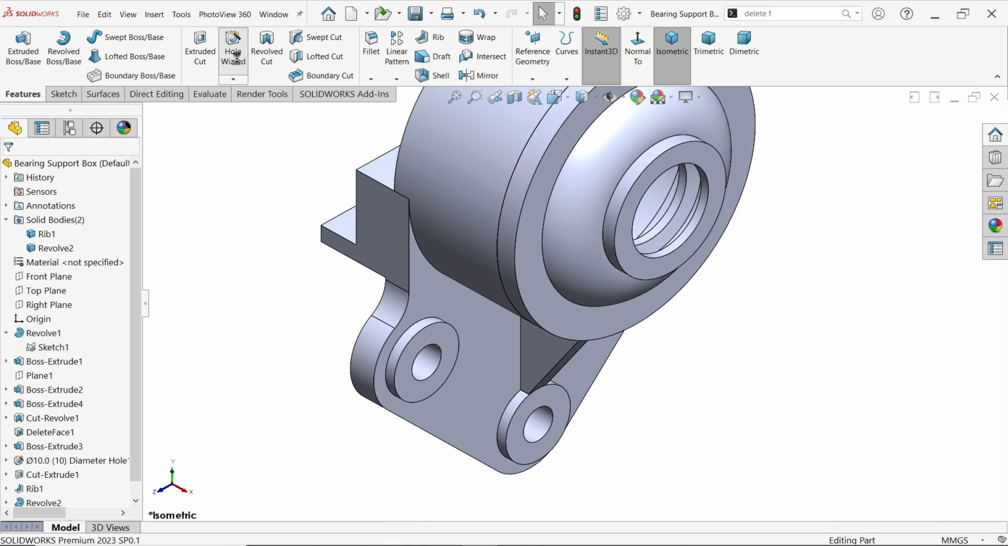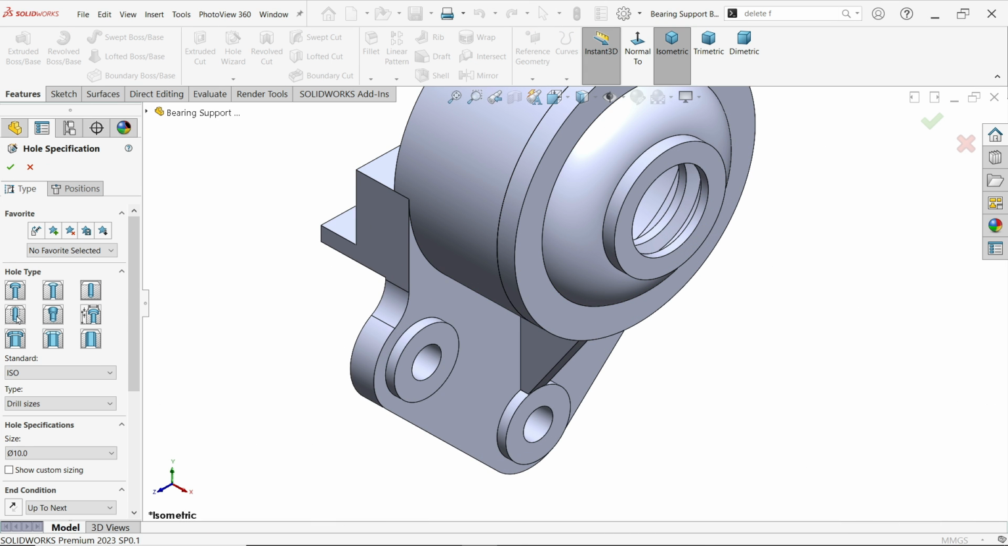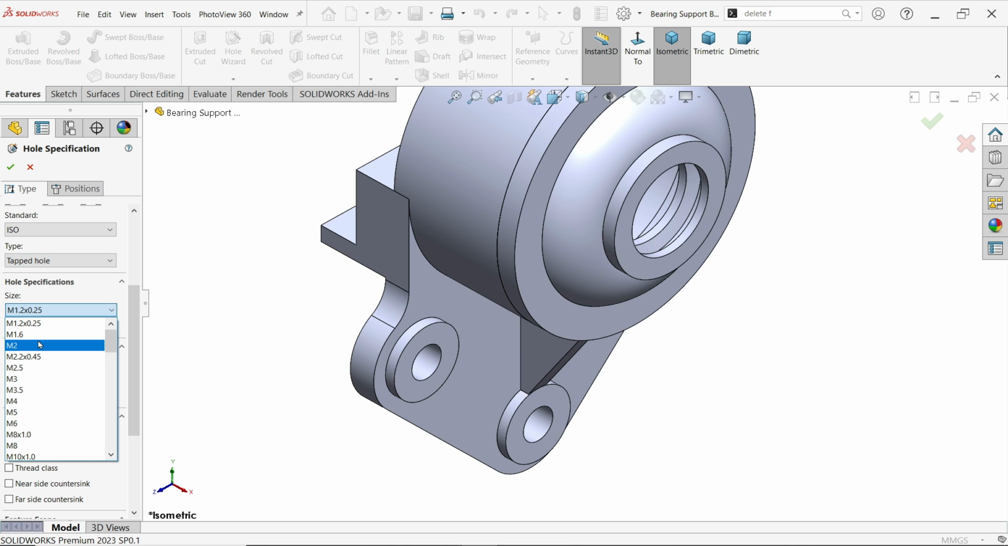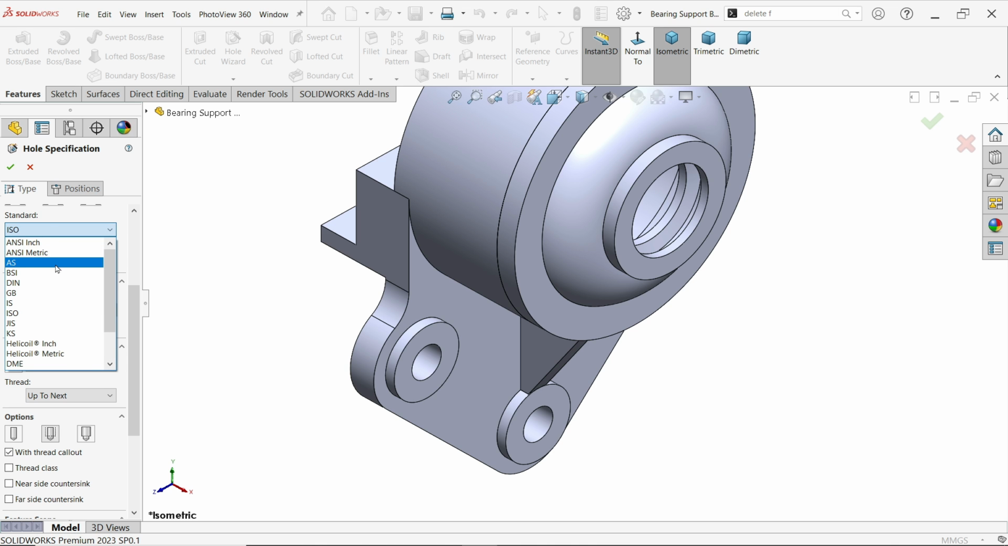So I am going to select hole wizard, and here we have the option straight tap. ISO standard, not a bottoming hole, this is a tapped hole. Okay, let me select M3 into 0.3. If you don't get it here, I am going to change the standard. Let's say metric,